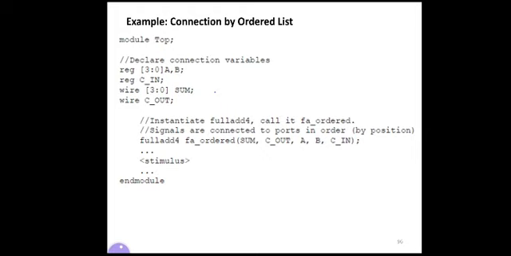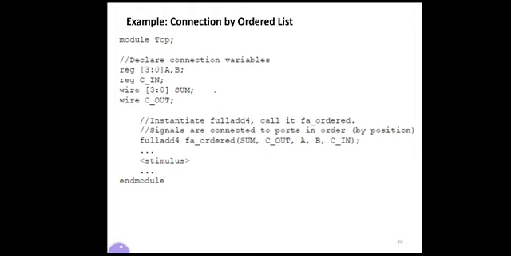Observe the instantiation of full add 4, called FA ordered. As it is an order list, signals are connected to the ports in order, that is by position, first position, second position, third position, and so on, in the same position in both the modules.